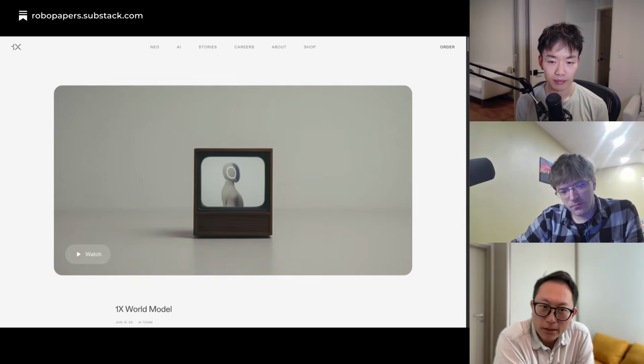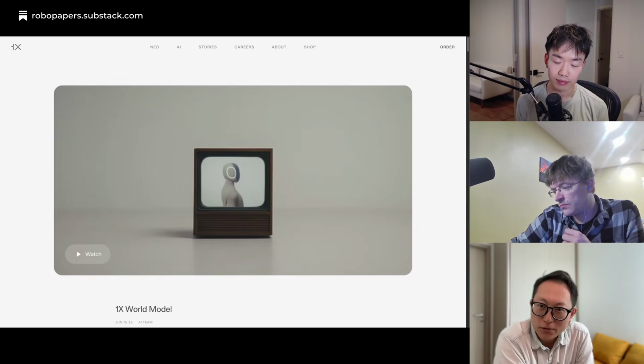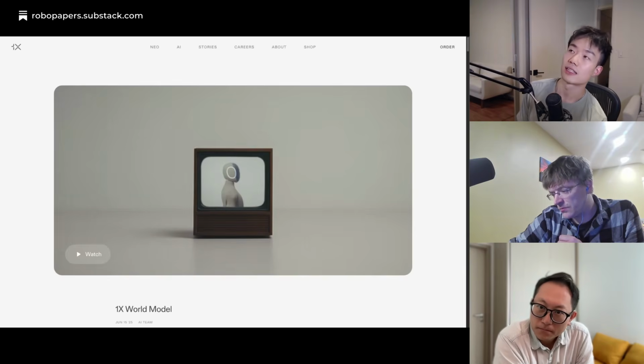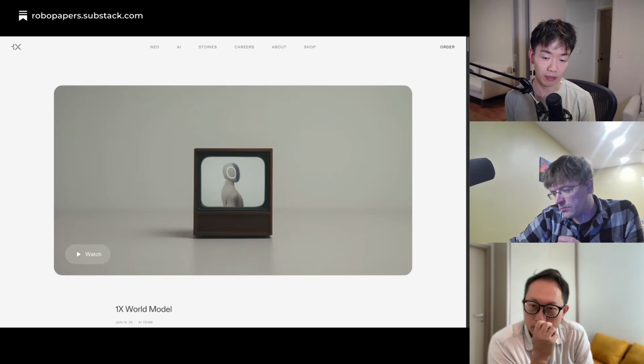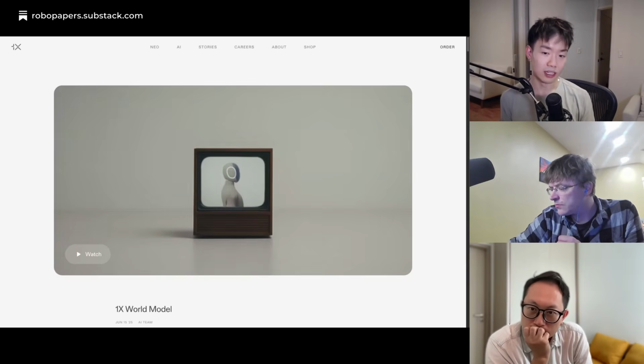But do you think there will come a day where this world model is just so good that you basically don't need real world eval? I think if you think about deployment time, there could be cases where it could be more useful than real world eval, because you could do world model eval on the test set. You can take cases where you've seen the robot fail in deployment and evaluate in those cases.